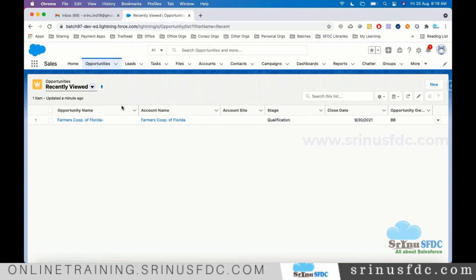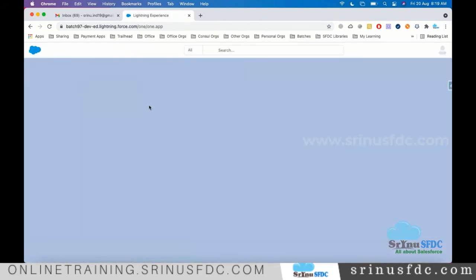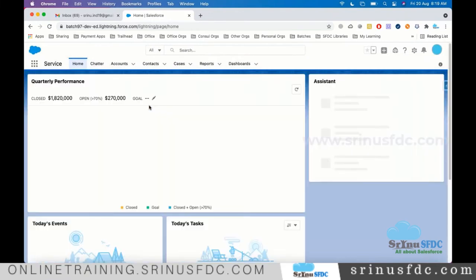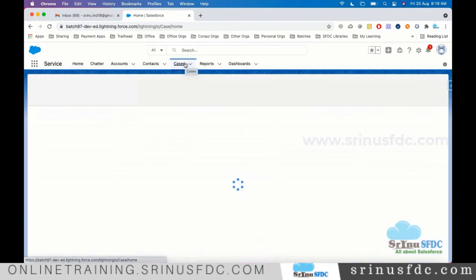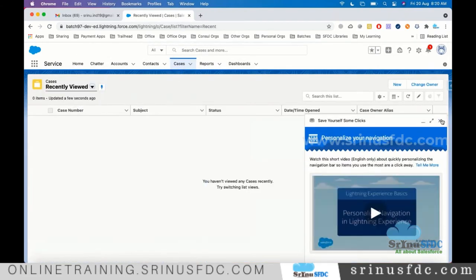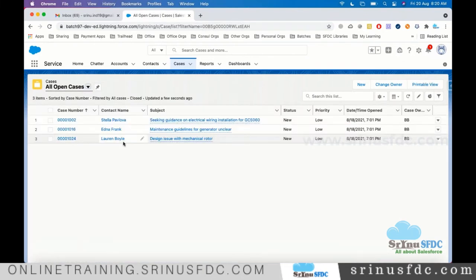So now sales reps mainly work on this. Already we saw how we deal with the opportunity. The other tabs, based on the need, the sales reps will refer to and do the job. The other application, Service, is one of the standard applications. Mainly support representatives use the Service application. Mainly they use the Cases tab, for support activity. It can be an installation request, it can be a problem with a product. So open cases, right? These are some of the cases.